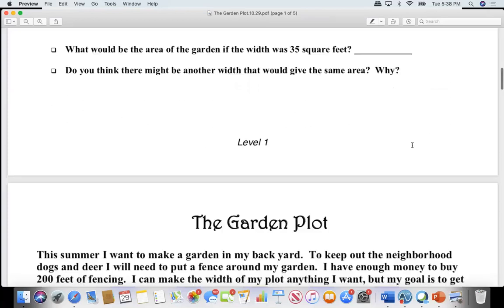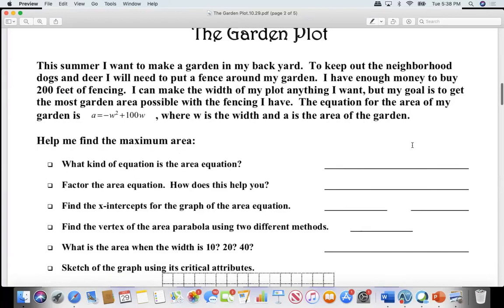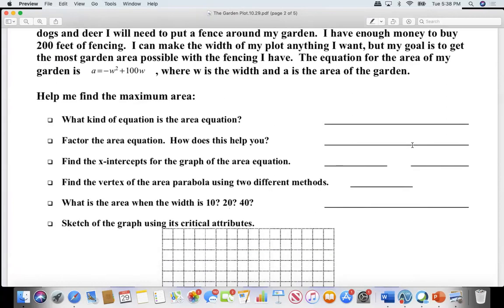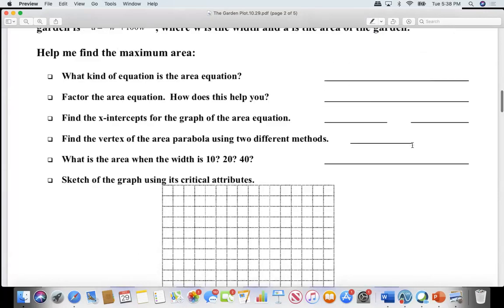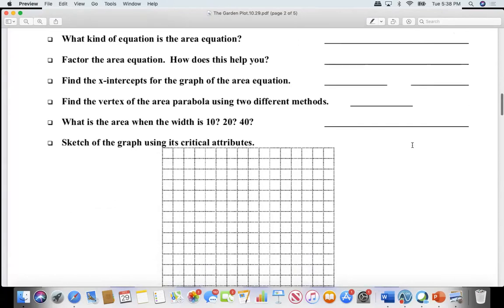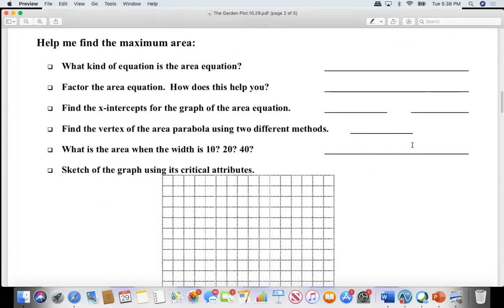And then we go to level 2. It's the same scenario, same equation. Now we're asking them different kinds of questions. We want to, again, find our maximum area. What kind of equation, factor, what does that do for you? Find the x-intercepts. Okay, and I'm going to stop you there, Kim, because one of the things that we're noticing